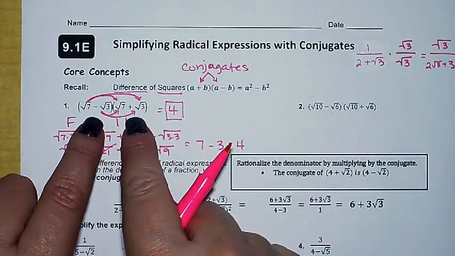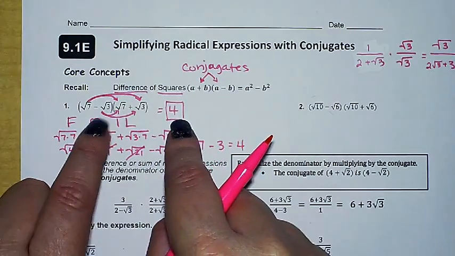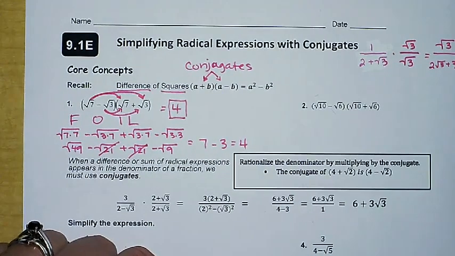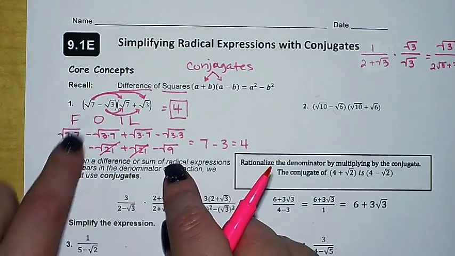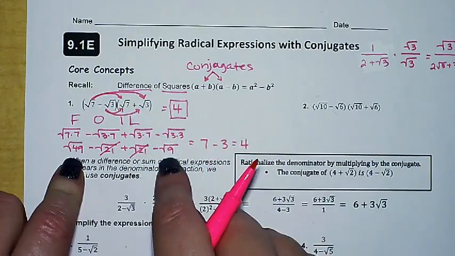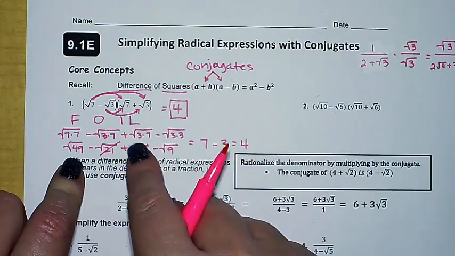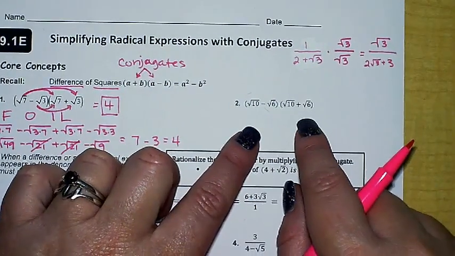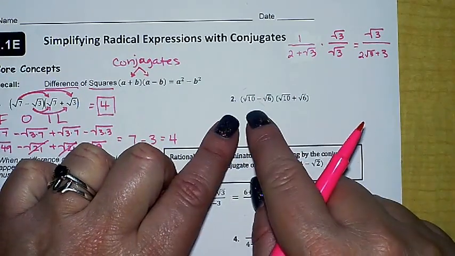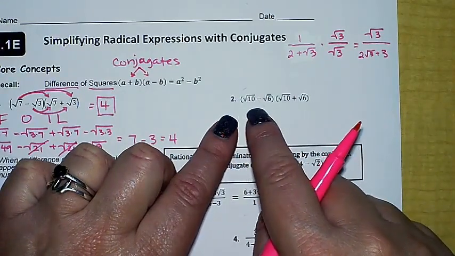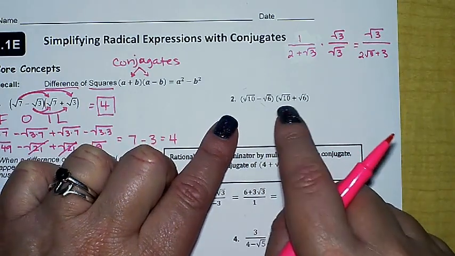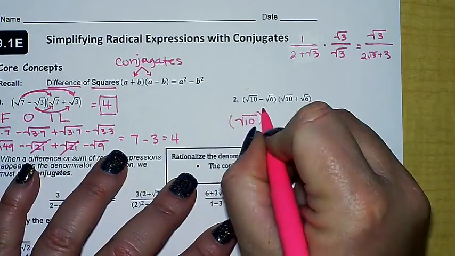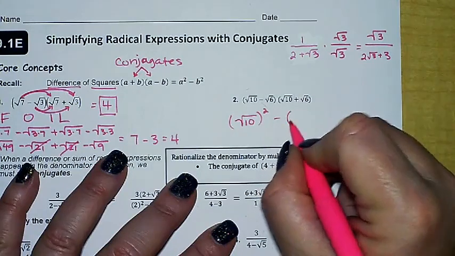So we have gotten a whole number based on just these radicals, okay? There is a shortcut. I know that if I take the square of the first term and the square of the last term and get the difference, those middle terms cancel out, and that's all I have to do. So when I am multiplying these conjugates, I have a conjugate. I have a square root of 10 minus square root of 6. The conjugate of that is the square root of 10 plus the square root of 6. So what I'm going to do is take that square root of 10 and square it, and I'm going to subtract